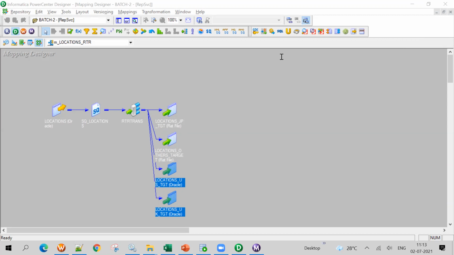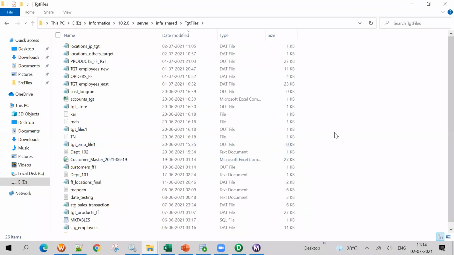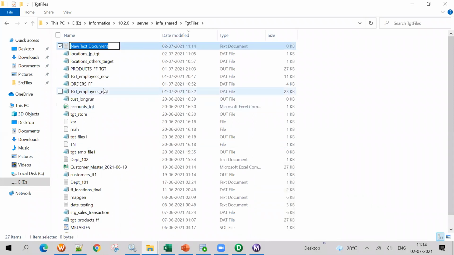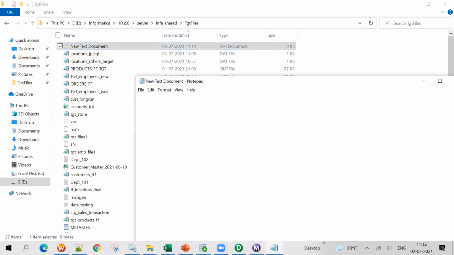I would like to ask one thing. Yes. If I want to create a flat file manually on Windows in Notepad, can you just do it for me? Yeah, you can. If you want to create a flat file, go to targets, wherever it is. Now you create a file, a text pad, first Notepad, you create it. Now you open it. What you want, suppose EMP number, ENAME,